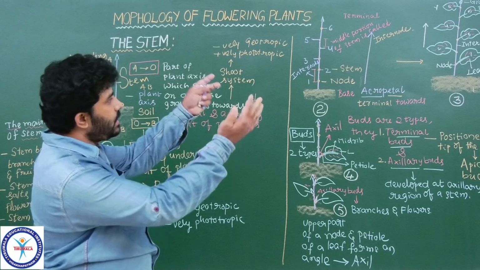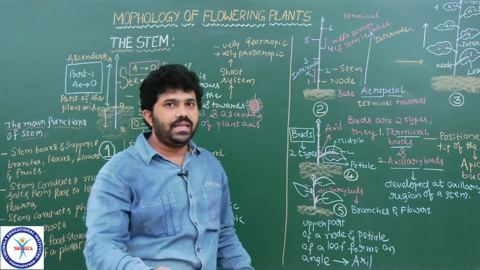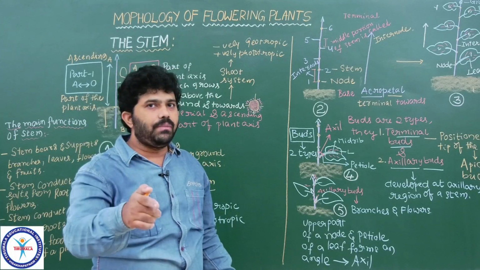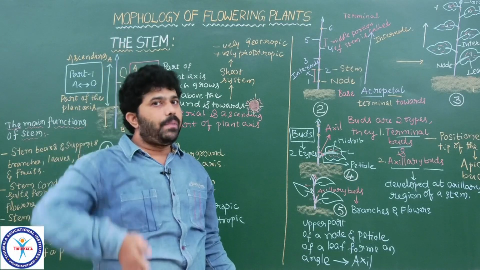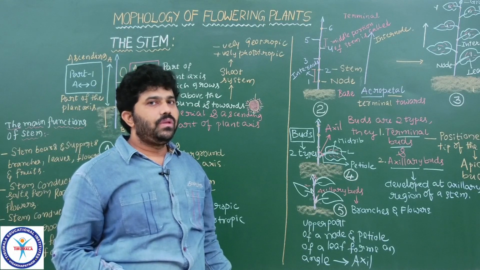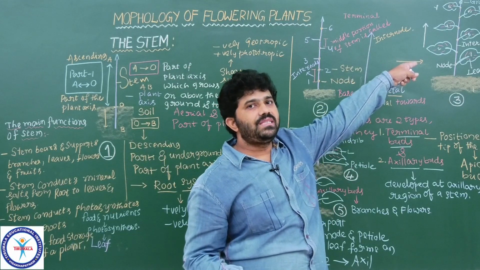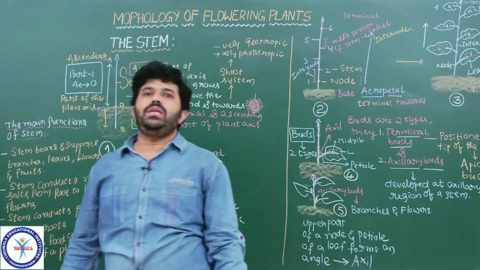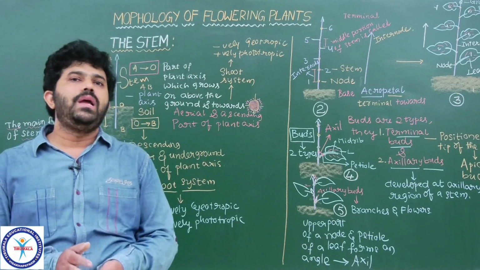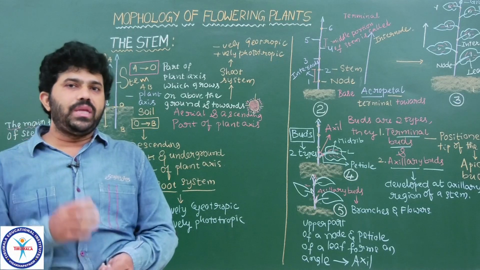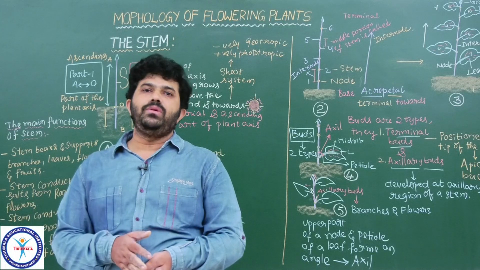To keep all the required organs like leaves, flowers, fruits, everything requires an axis, a permanent, stable, erect cylindrical part like the stem. Without that, there is no possibility to maintain or exist. Without organs like branches, leaves, flowers, fruits, where is the possibility to continue the life of plants? Without plants, if you think, what is the life of living organisms on the earth? Now you got the point.